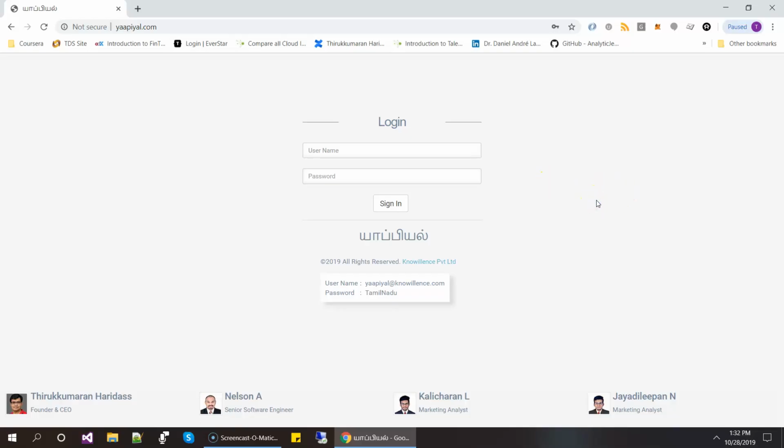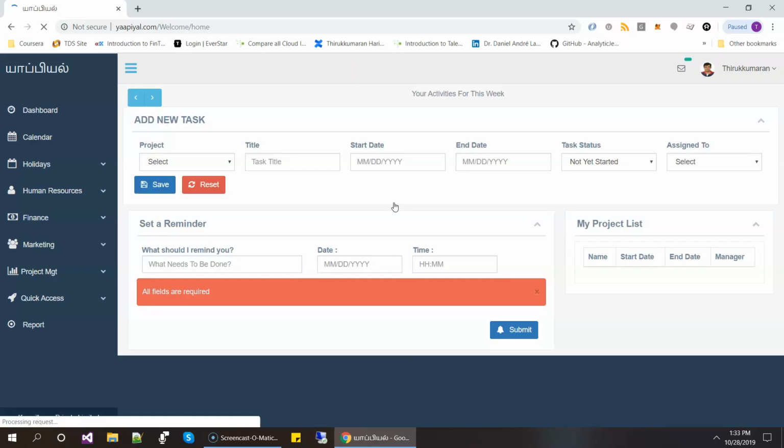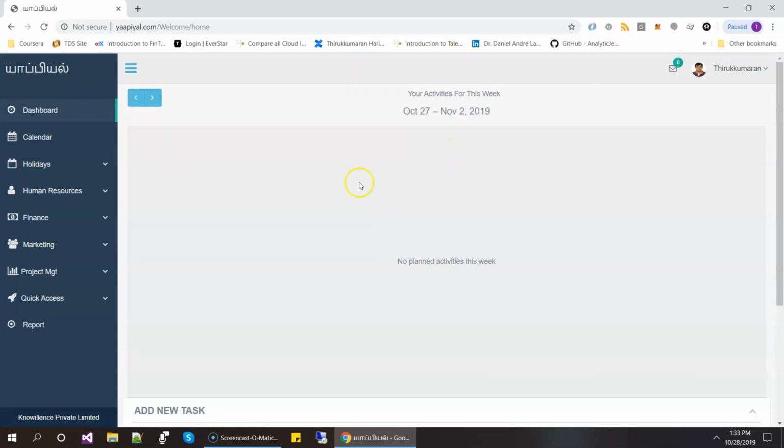This is the demo site for Yaapiyal for the general public to log in and verify the features. So the domain is yaapiyal.com, and then the demo username and password is specified here. You can type the same here, okay, and then click sign in. Before you go in, I just wanted to introduce the team. You can always see us here, and we will update you with our social media contacts so that you can reach us. So once you sign in, you will be landing on the dashboard,